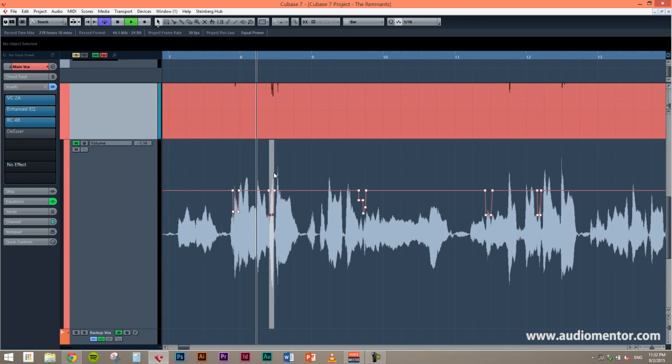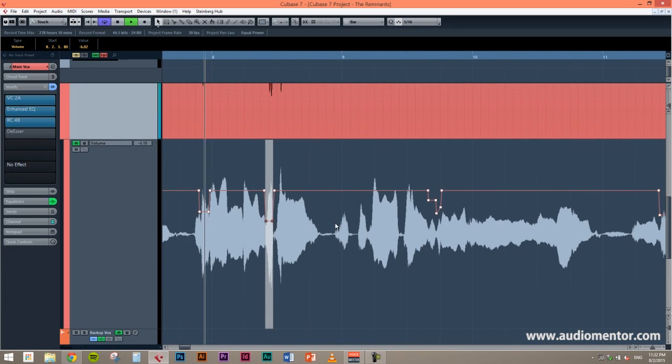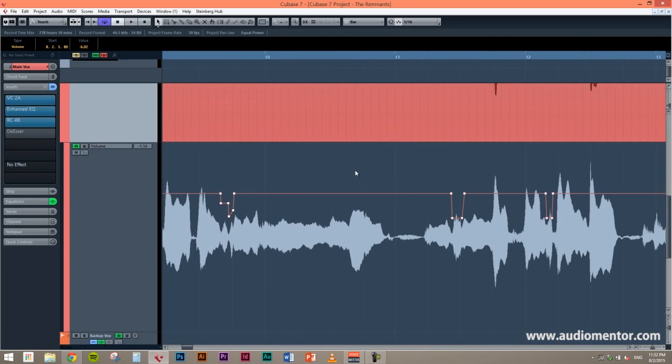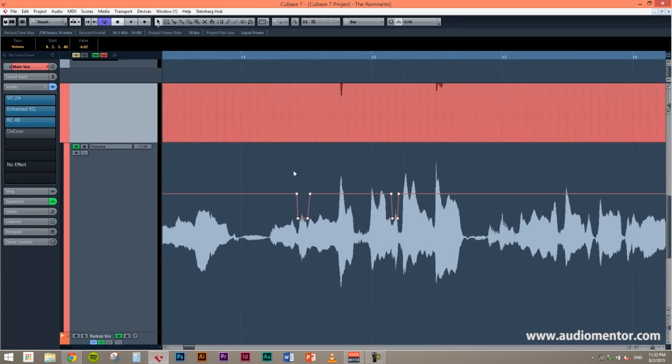Alright, if you find it still very prominent, you can always put down a bit more. I find doing this manually pretty much gives us a better result than using an effect here. You can see if I go through the project file, the waveform here, I have already put some S's down here and there. Alright, so that's how you actually